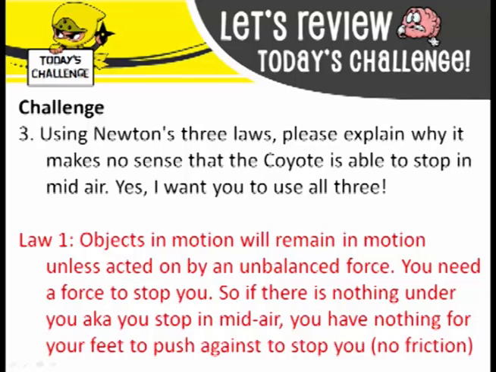So therefore, based on the law of inertia, you should just keep running off the cliff and you should just fall. Gravity will pull you down. You won't fall straight down, you'll keep going on kind of a pattern like this, like my mouse is moving like this. Whereas in the Wile E. Coyote, he just runs off the cliff and then falls straight down, which makes no sense at all. So again, objects in motion remain in motion.